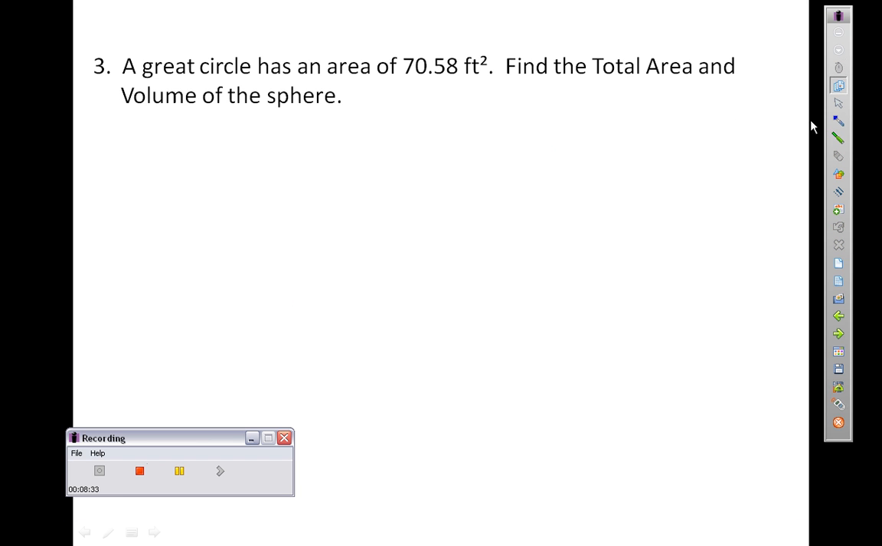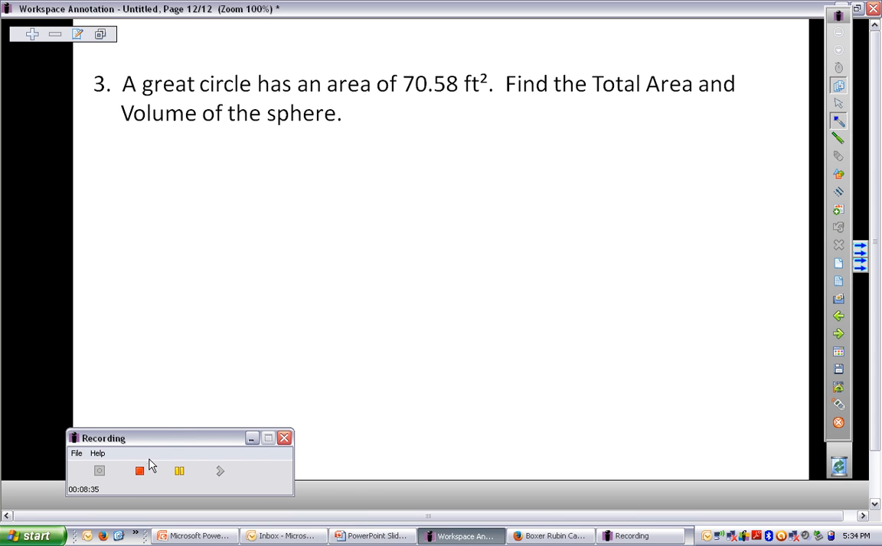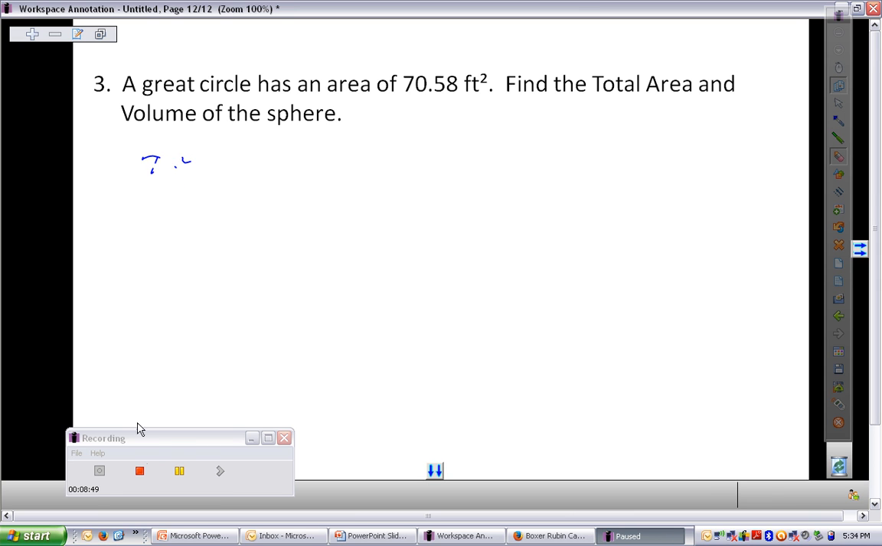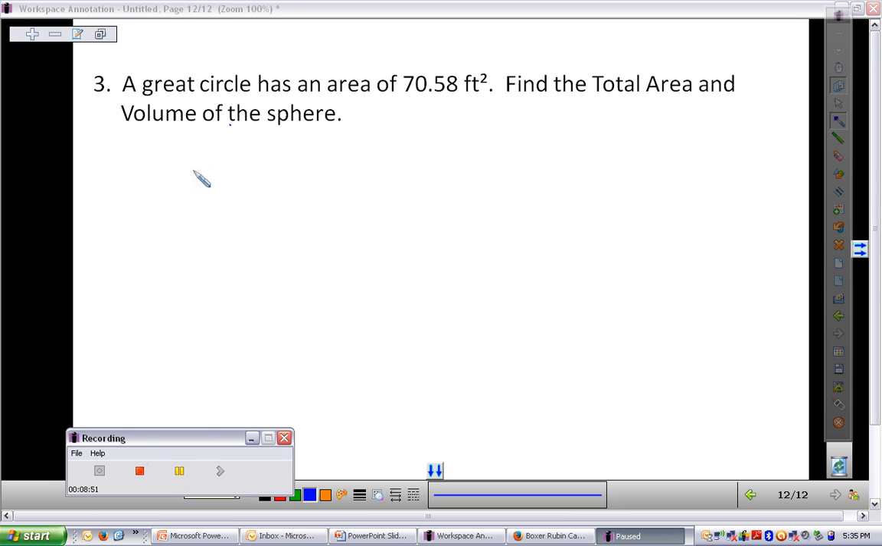Moving on, let's try one more of these. This time is very similar. In this example, again, we have the area of a great circle this time. So the previous one we had the circumference. Here we have the area. So the area of a circle is pi r squared. Let's erase that. So again, area of a circle is pi r squared. So again, pi r squared this time equals